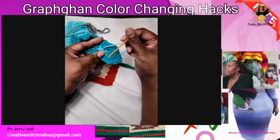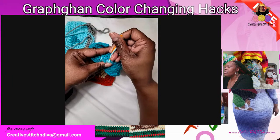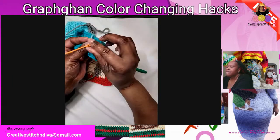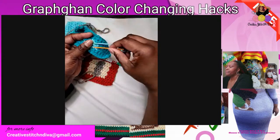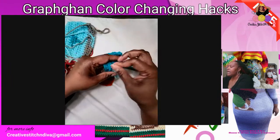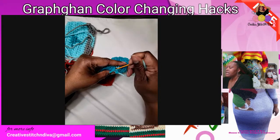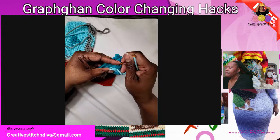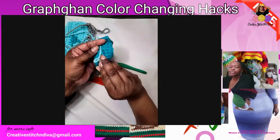So I'm sorry. So I would take it and I would just go through the back where I had that same color. And I would just go over that same color, and that's it. And that's how I would weave it in. Instead of crocheting it in, I would weave it in. And I would have to do this to maybe like